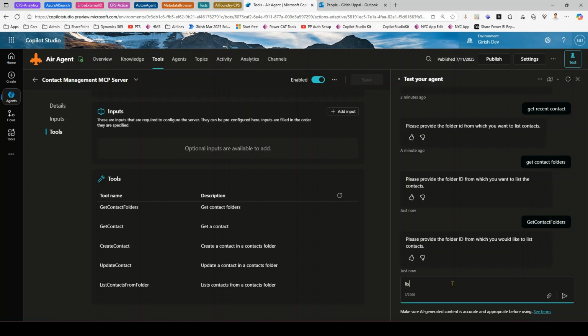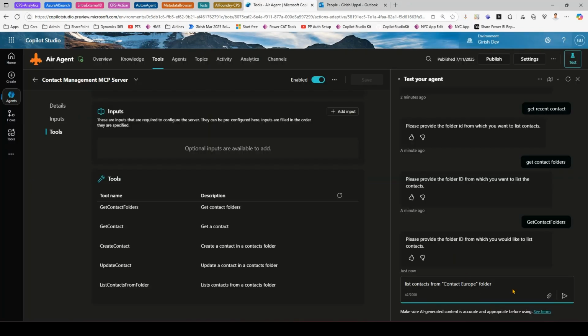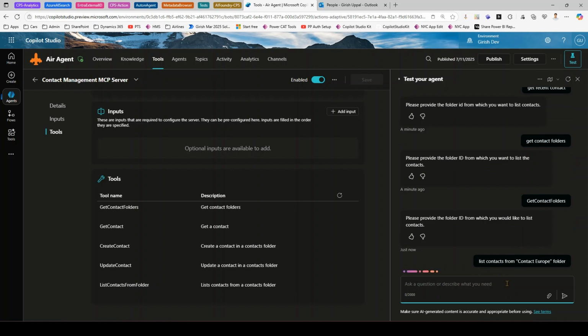Let's say list contacts from, let me say contact Europe folder. List contacts from contact Europe folder. So contact Europe folder, I have Glenn Maxwell in it. Now I'm exactly specifying the folder name, so ideally it should give me the response back,